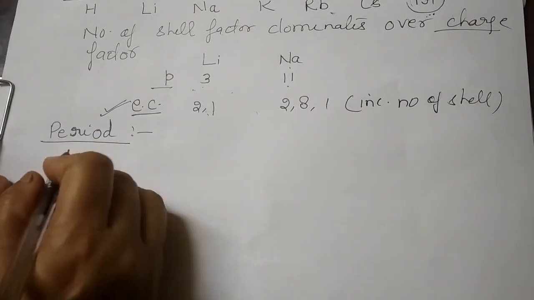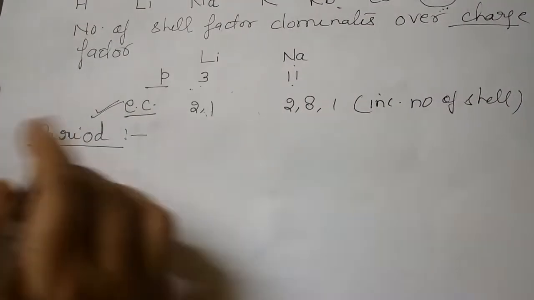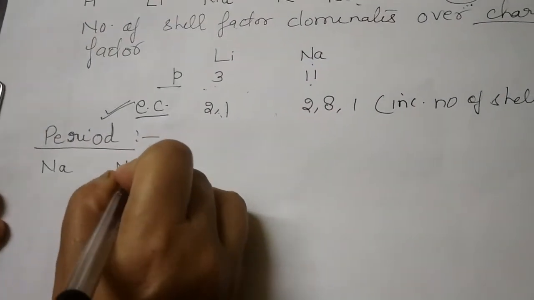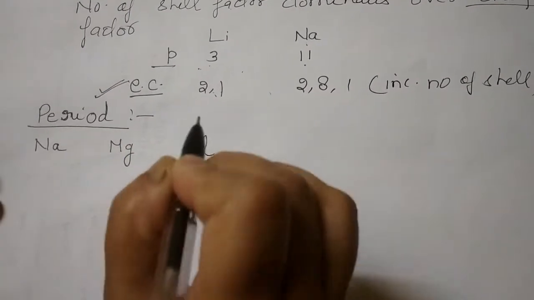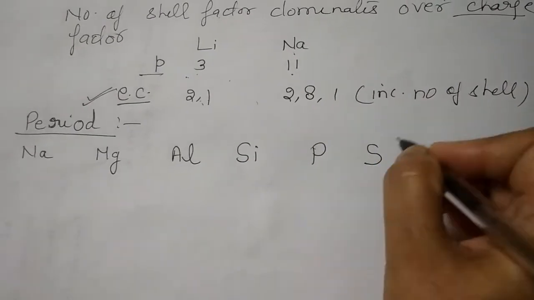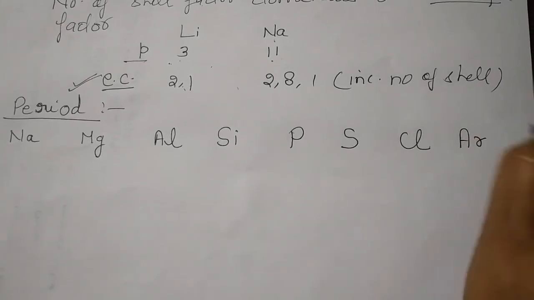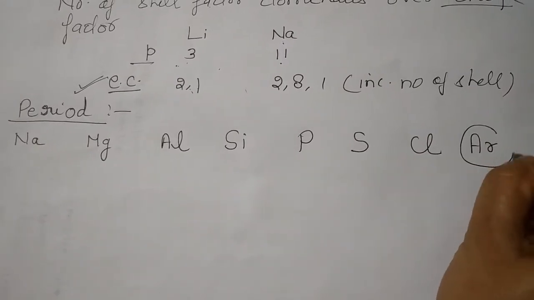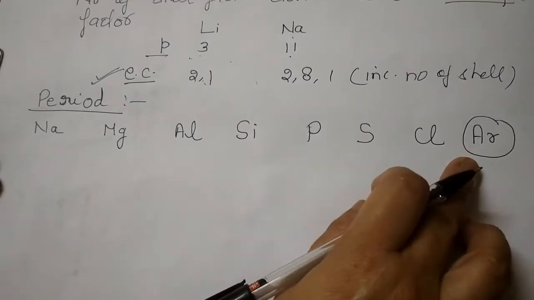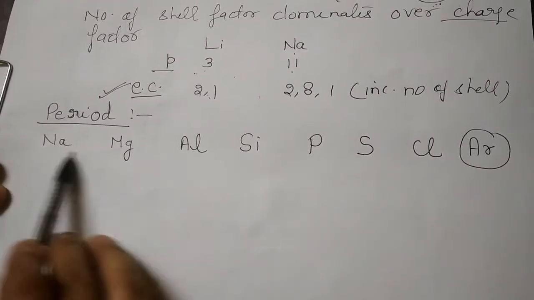Now take the example of period number 3. Period number 3, as we know, is horizontal. So period number 3 starts with sodium. Then we have magnesium, then aluminium, silicon, phosphorus, sulfur, chlorine, and lastly comes argon. Argon is a noble gas. Noble gas normally we are not discussing in the size. I will just tell you afterwards. Now, in the same period number 3, this is the arrangement.